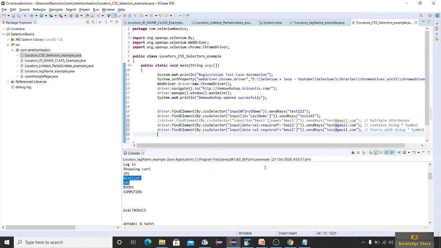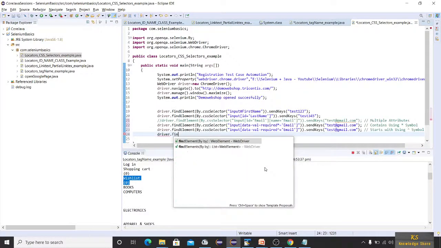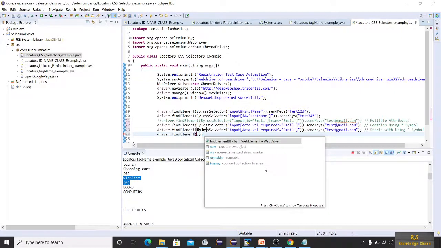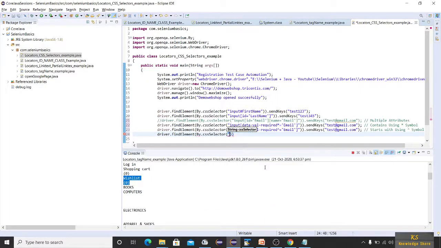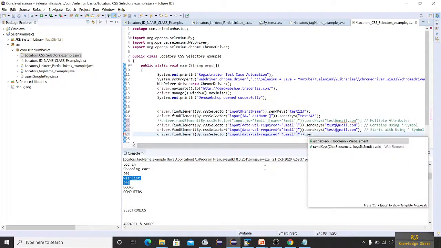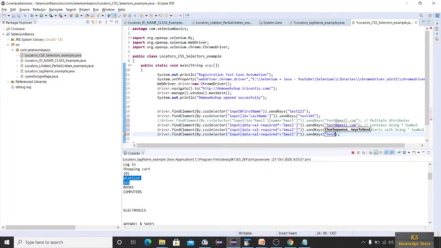So let us write here driver.findElement(By.cssSelector(...)), let's copy that, .sendKeys("test@gmail.com").